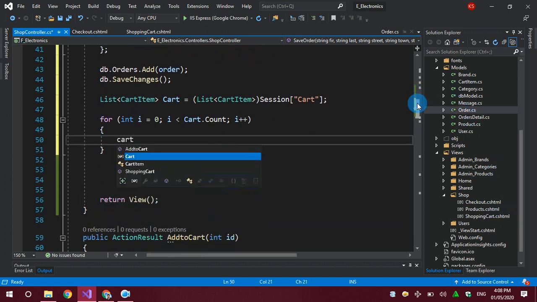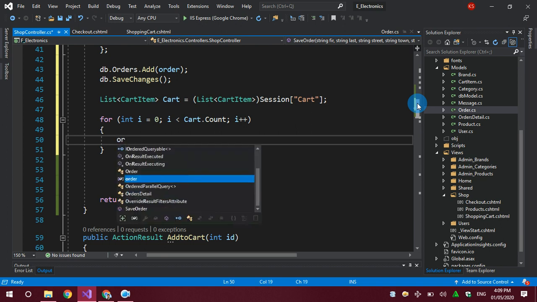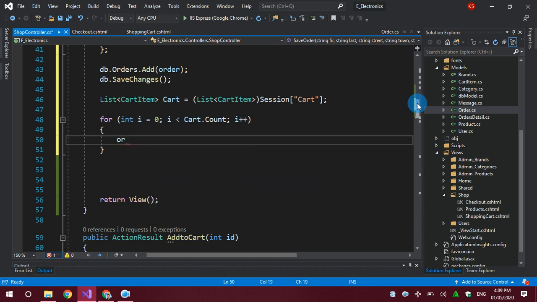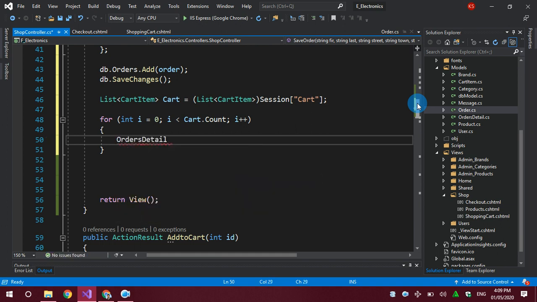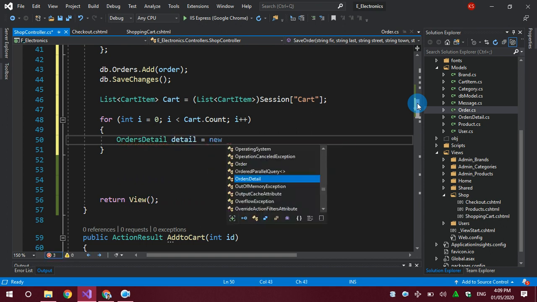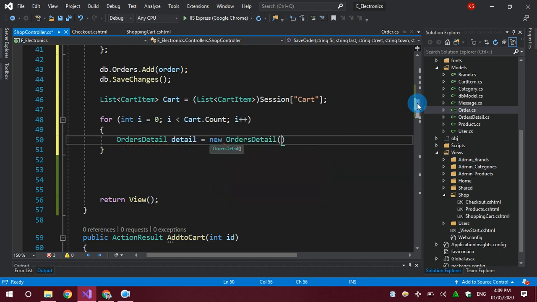Okay, I will simply have to create an object of an order detail also. So I will create orderDetail is equal to new OrderDetail.